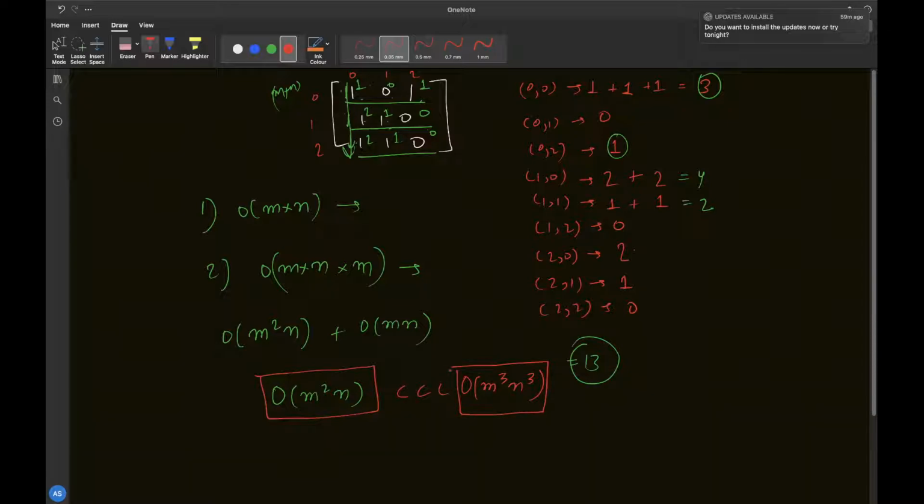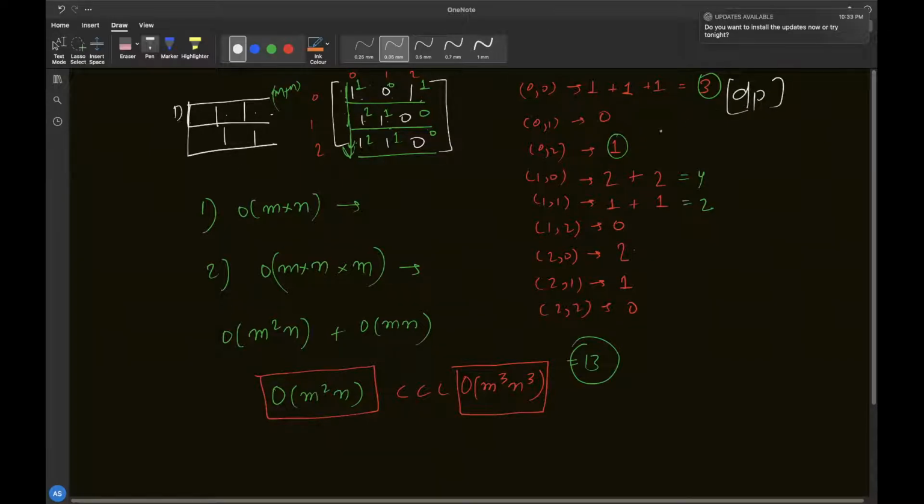I know it will be quite intimidating to get the feel or the crux of the solution at once, but try to break the problem down, or you can rewind the video and watch it again if you have not got the intuition behind it. We are first breaking the problem into single one-dimensional arrays and finding the answer there, and then once we are extending the height one by one, we are using those calculated values again. So it's a kind of DP, we are using some pre-computed values.